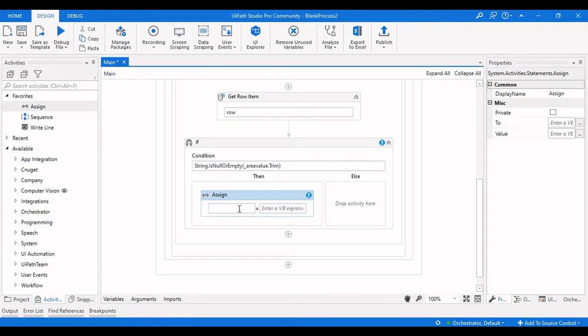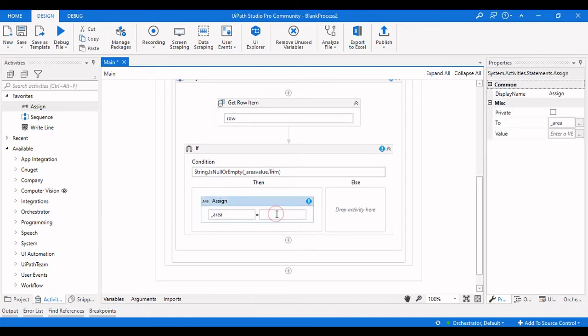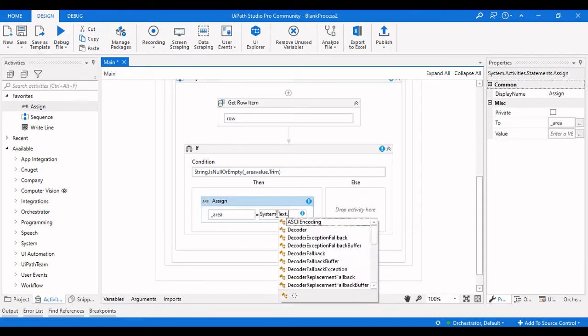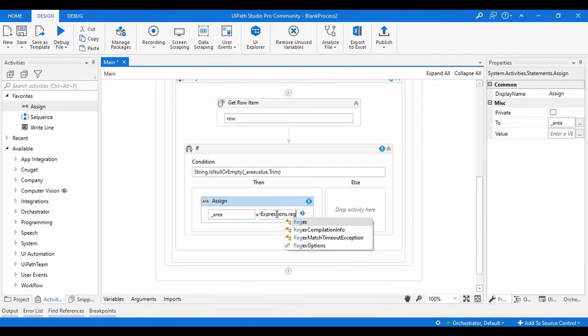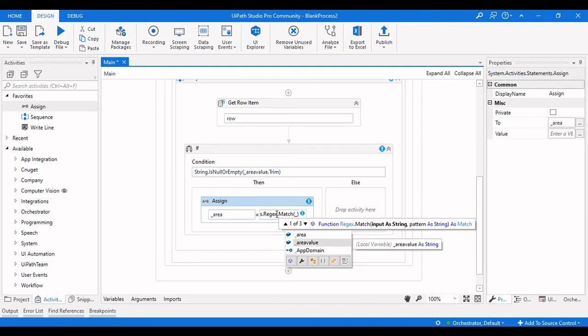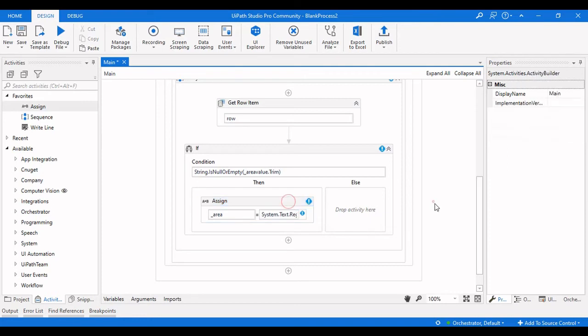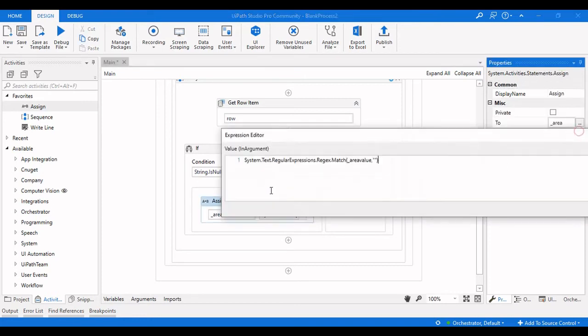So let me declare another variable which is area, and here we need to write System.Text.RegularExpressions.Regex.Match, and then we need to pass the input value here, which is area value, comma, in double quotes. Let me open the expression later so that it will be clear.